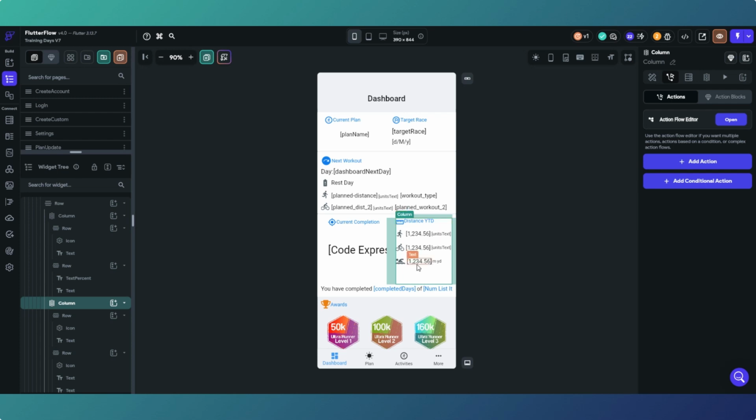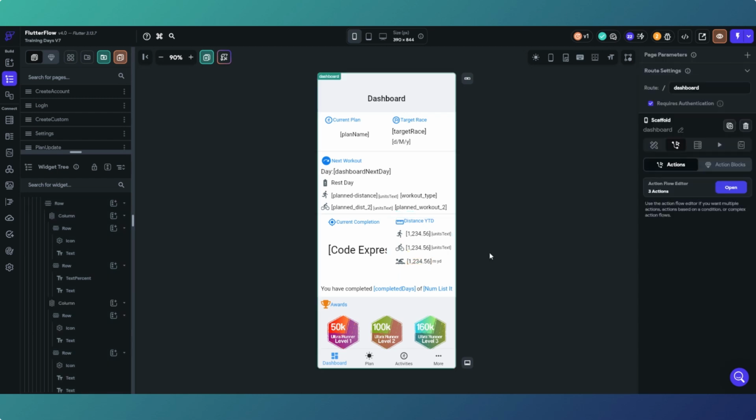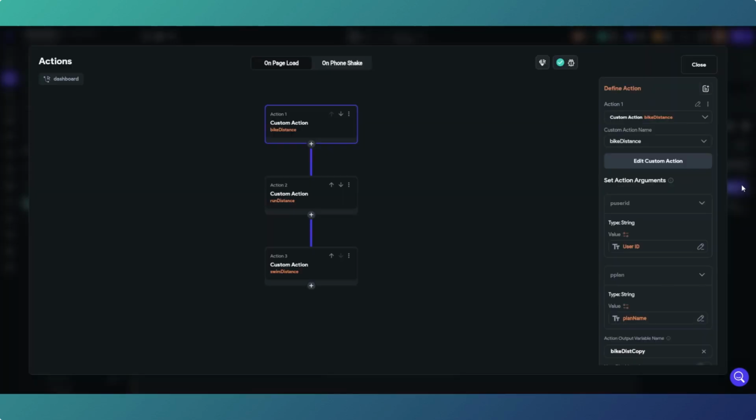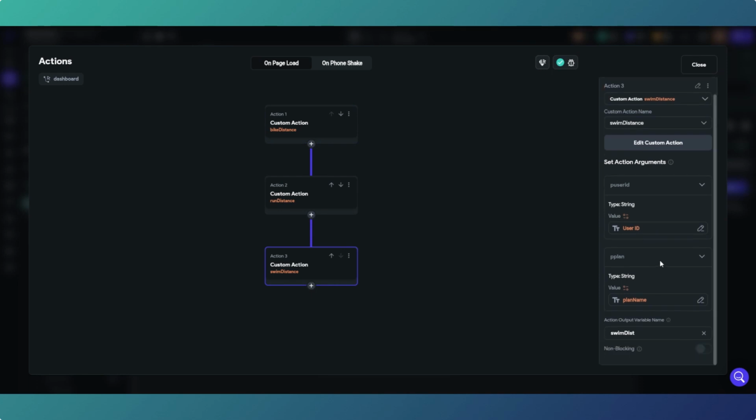I'm going to concentrate on swimming as the demonstration because swimming has some extra filtering of the Supabase table to get the answer. So what we do, on page load, we've got 3 custom actions: bike distance, swim distance, and run distance. So if we get down to swim distance,